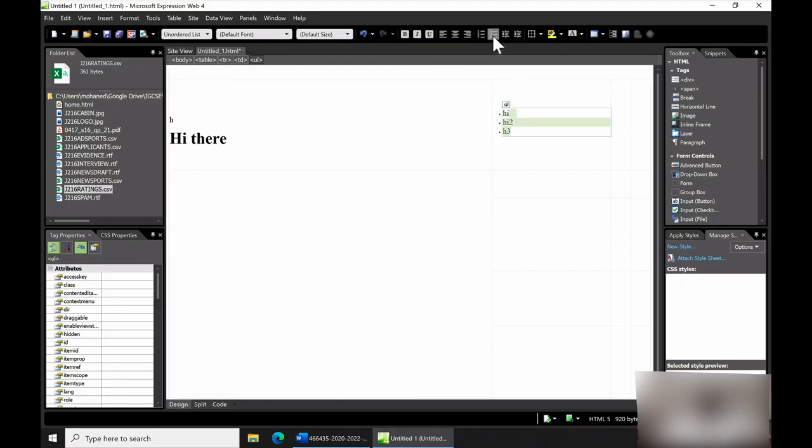Once you do that, you'll find that the code for it changes into UL. If you go back again, it's an OL, ordered list. If you go back again, it's a UL. That means in the style later on you can define a different style for UL and another style for the OL. If you don't care and you have all the lists following the same order, whether all of them in